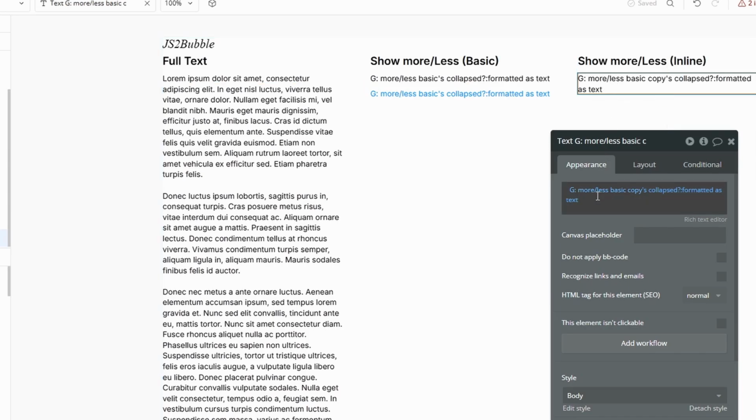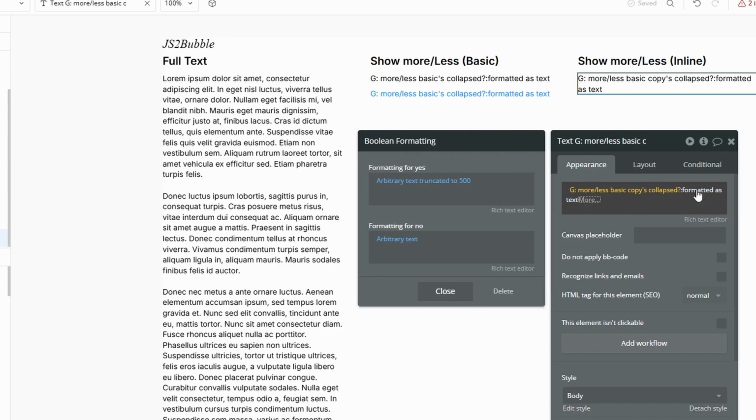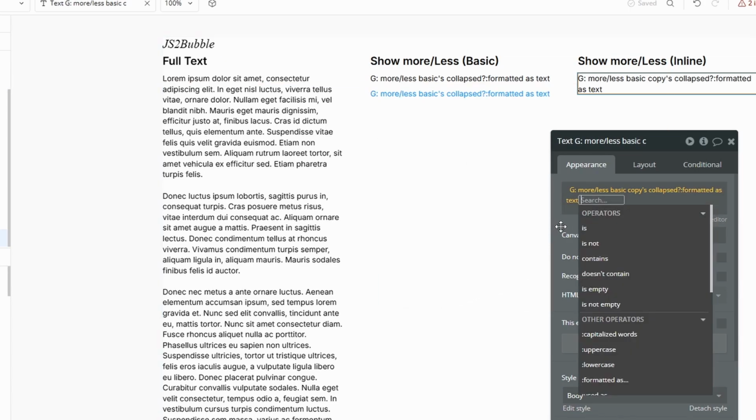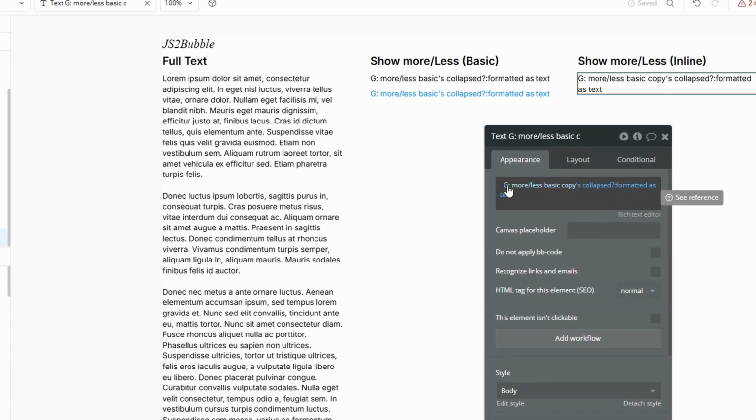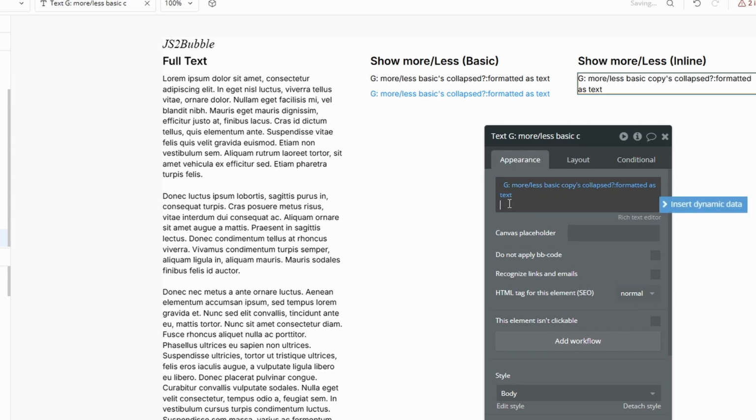In this text element, you're going to add a dynamic expression. You get the custom state and you format it as text. Add the full text in the yes field and truncate it to whatever value you like, and add the full text in the no field, but this time around do not truncate, just like before. After the expression, you want to click outside of it, give a space, and I will leave this text in the description. Paste this text in,